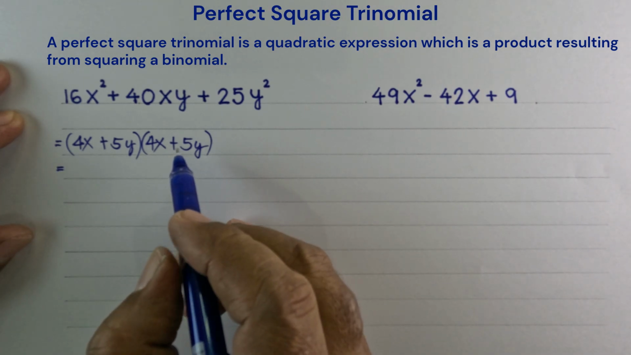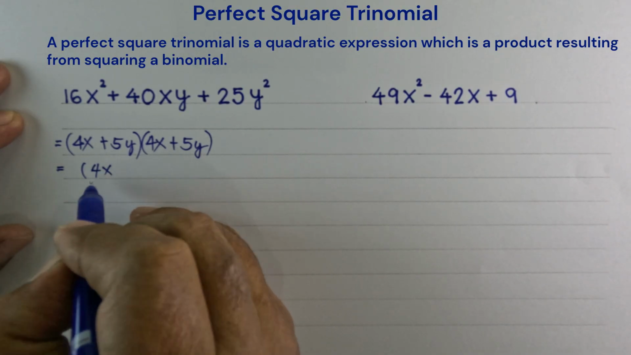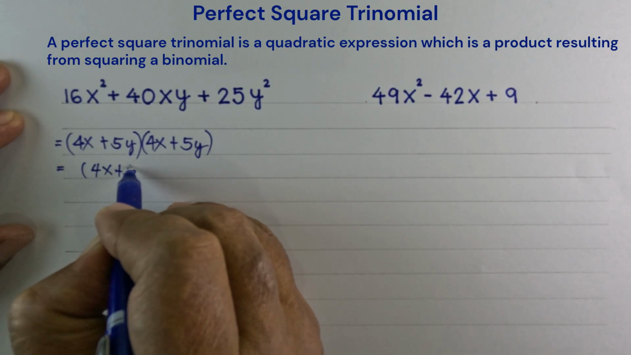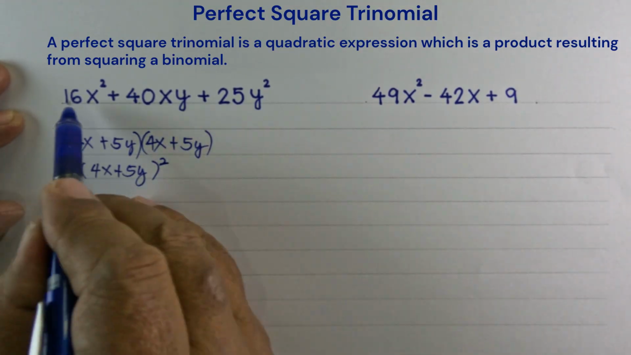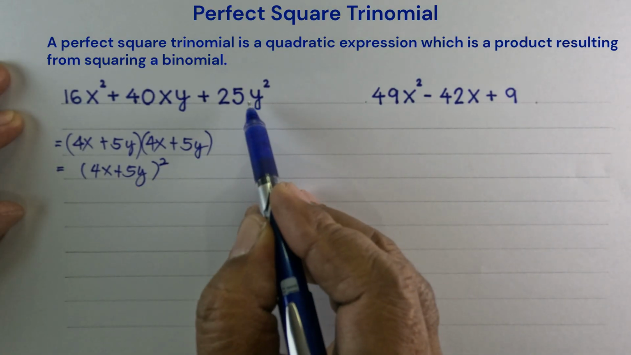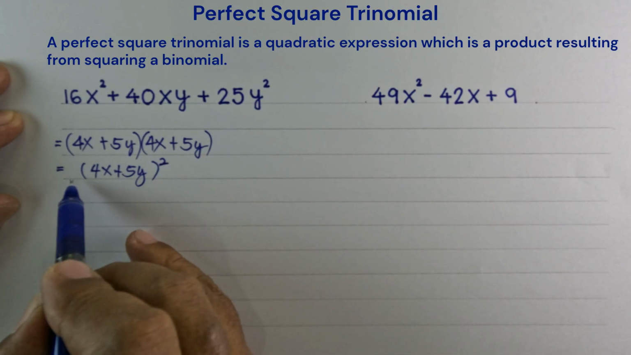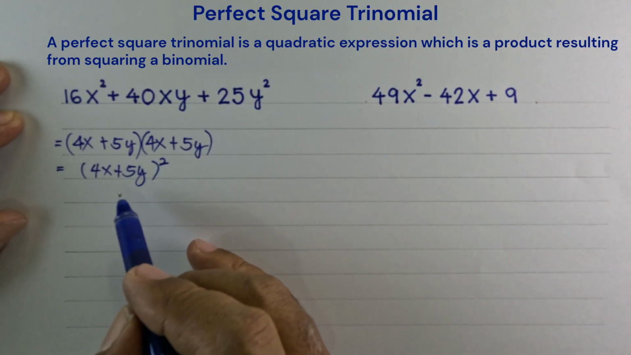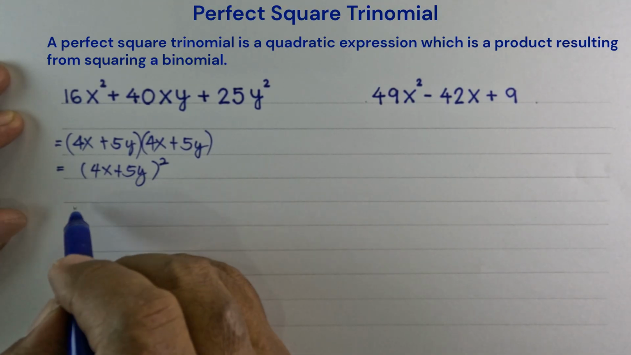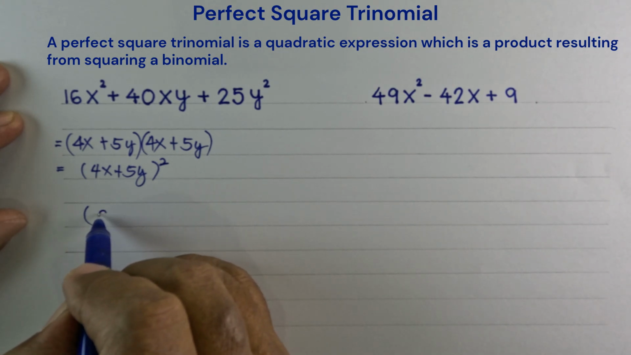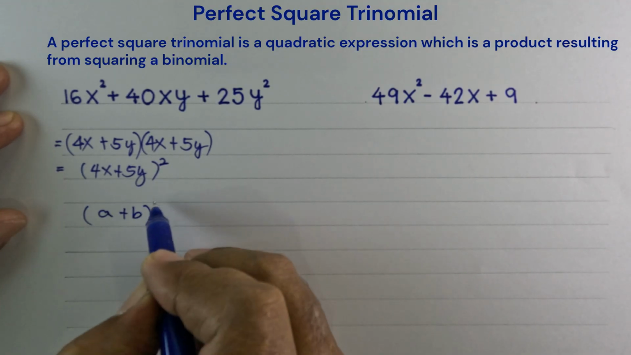So we could rewrite this as 4x plus 5y quantity squared. So factoring a perfect square trinomial would result in the square of a binomial. Now, this falls under the general formula: a plus b quantity squared